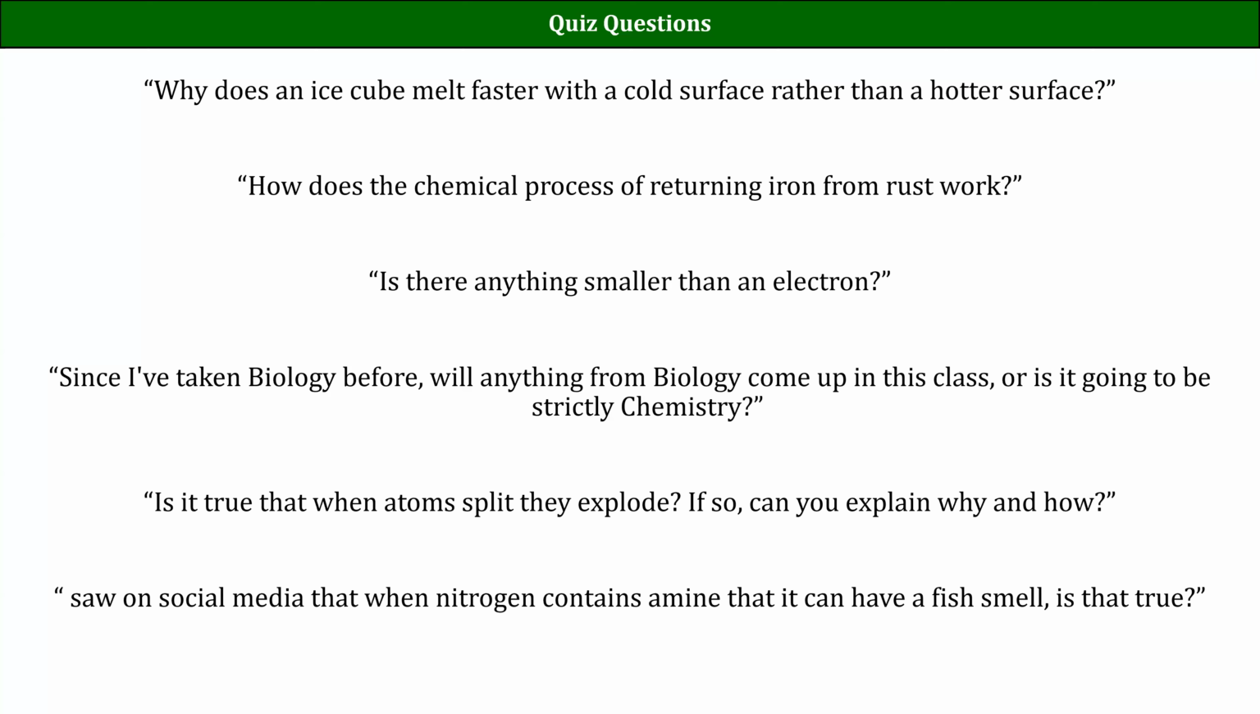A couple of people asked about iron and rust. Basically, it turns out most chemical reactions just involve moving electrons around. If you move electrons around, then you get more stable situations. This actually is relevant to our class. Because for instance, if you start with iron as a solid and you let it react with oxygen as a gas,